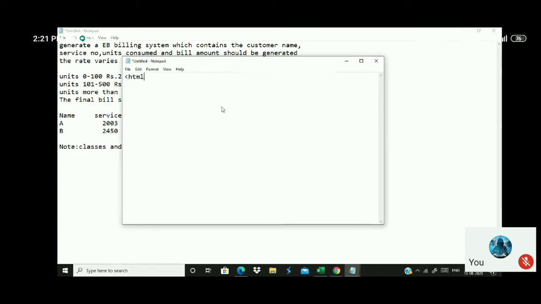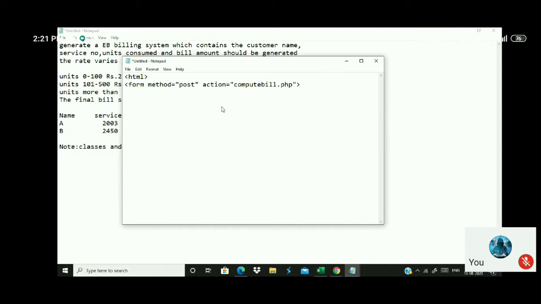I will write an HTML file and create a form with method equal to post. Action equal to computebill.php. That is the file where the data is going to get transferred.